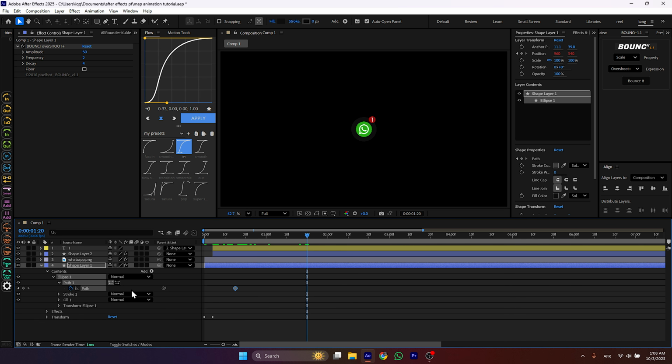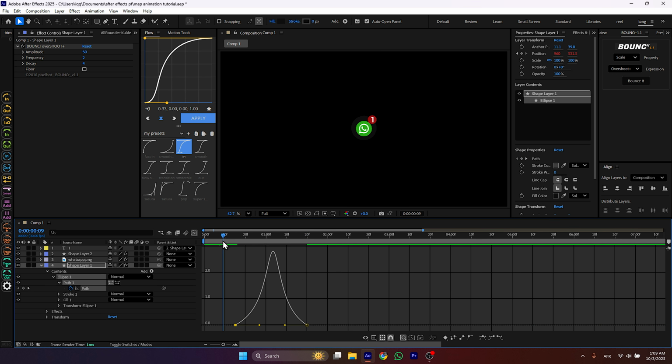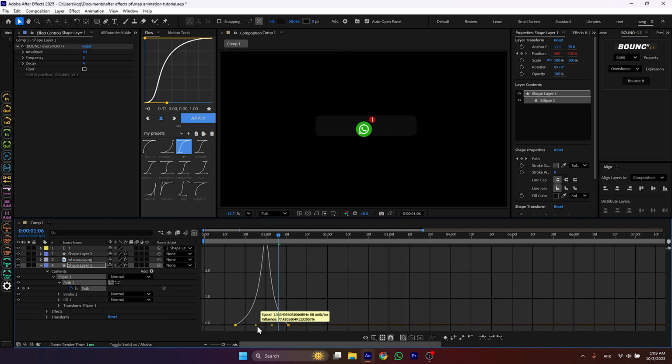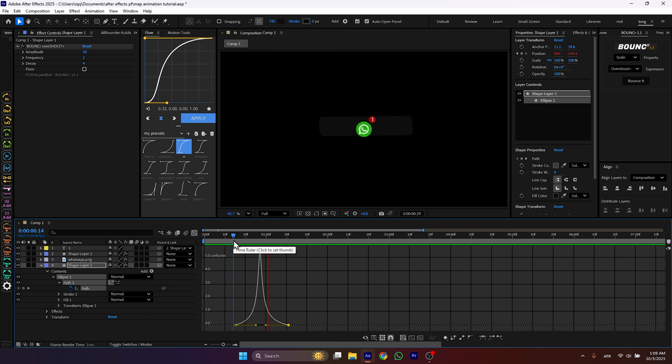Now paste the copied keyframe, then select both of the keyframes, hit F9 to easy ease them, then go to the graph editor and adjust the graph just like I did. And now you can see this is looking horrible.